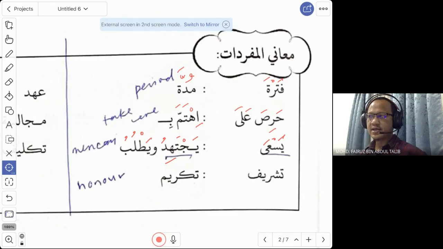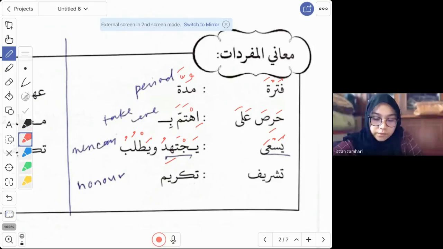Yas'a. And when we do the sa'i, when we do hajj, we perform sa'i between what are these two hills? Between Safa and Marwa. So we call it sa'yu or yas'a. So that is from the same word. And of course, you know that the history is the history of Hajar alayhi salam when she was looking for water, right? She was looking for water. That is sa'i. So that is why the ibadah is called sa'i. Because she strives to get the water. Okay, continue.